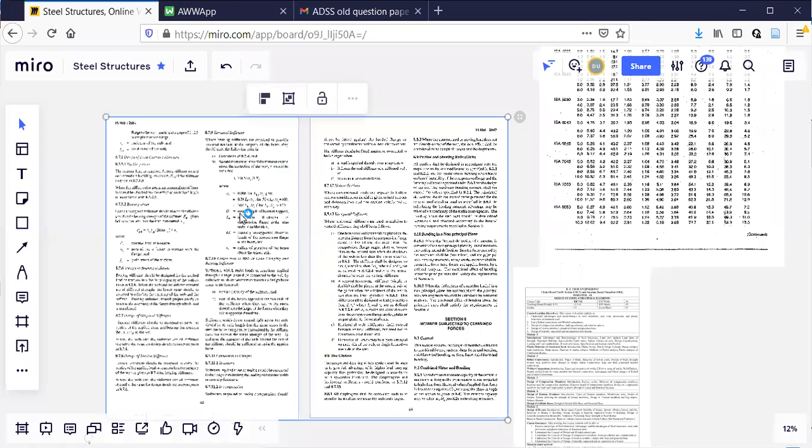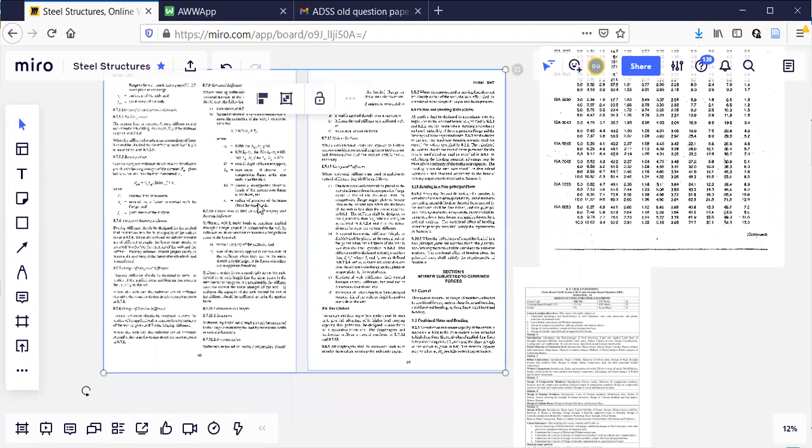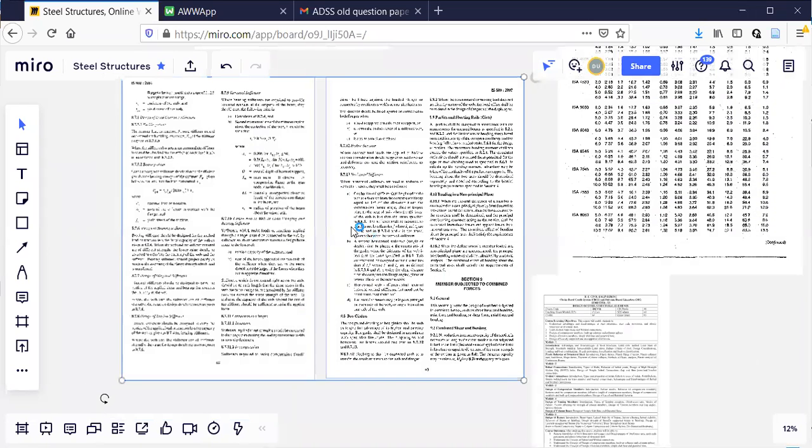You should be careful about that, because for any design problem, when you read the problem, you should know which pages I should refer to solve this problem. You can't go on searching it. 3 hours will not be sufficient if you do like that. That is why you have to remember. See, for example, module one. Once module one is taught to you, just in the syllabus copy, you should write IS 800, these are the pages useful for this particular module. Otherwise, you will be just searching the pages only in the exam.